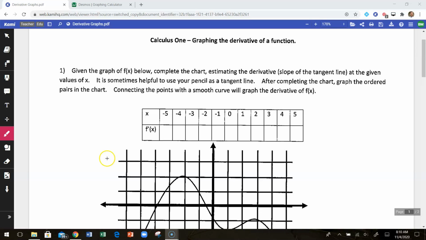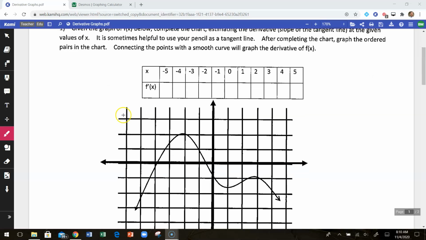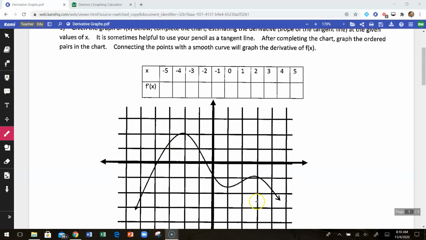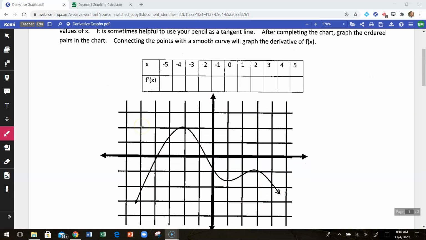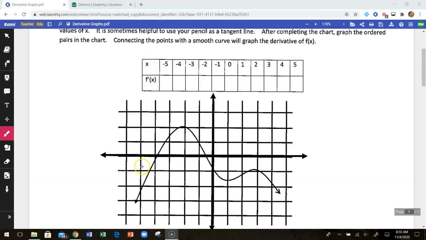However, if I don't know the actual equation for my function, I can still come up with a rough sketch of its derivative by thinking about what the slopes of the tangent lines are at each of the x coordinates of my graph. So what we're going to do here is look at some graphs. This is going to be a graph of f of x. And instead of making an xy table, so I could very easily make an xy table for these points on this graph, I'm going to make an x comma f prime of x